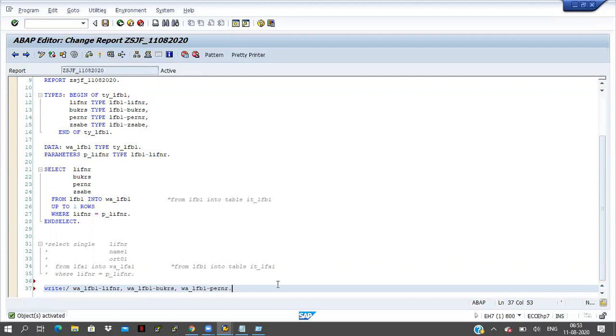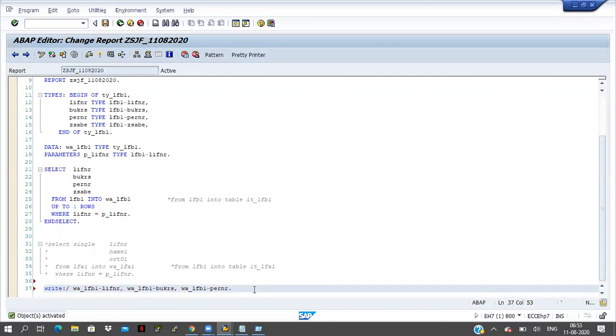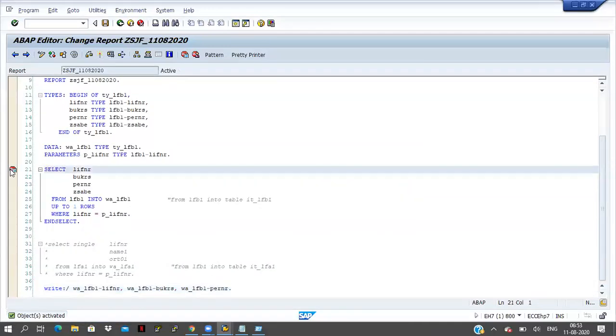I am displaying only three records, but here I am fetching four records. That is our issue. If you want to display four records, you can write them here. If you want to display two records, we can write only those two. Now activate the program, keep the breakpoint here and execute the program.